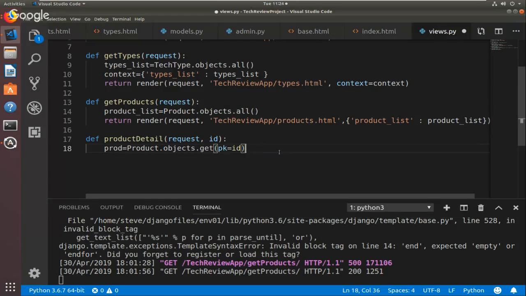I hope I did that right. When you use get instead of all, you're looking for one object. And you need to pass it some identifying thing. If you're looking for a set of objects, but not all of them, you can use filter, right? So you have choices of like all, get, or filter. We'll do a filter